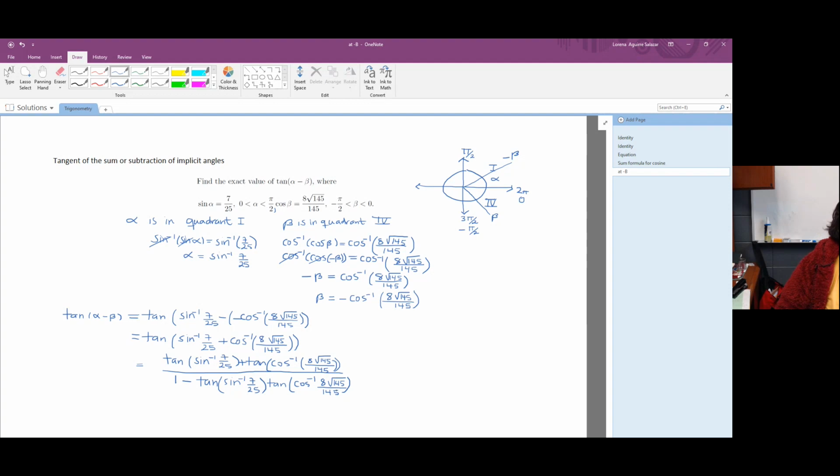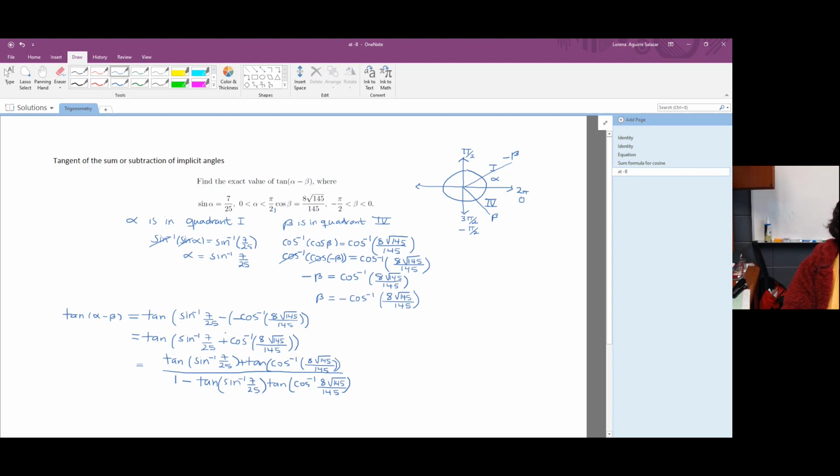Okay, so now we get to work with finding the exact value of a composition of expressions. We have tangent composed with inverse sine or tangent composed with inverse cosine. To work with that kind of composition, we work with triangles. That's one way to go. So now we have,